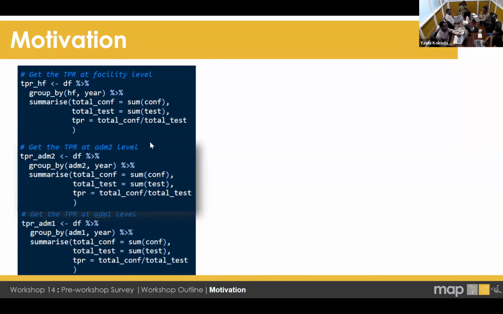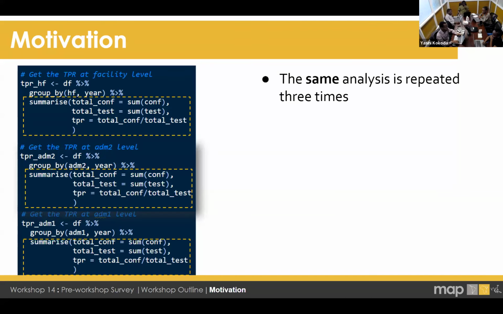So for example here, can you identify which parts of the code are remaining the same or which ones are changing? The block of code which is varying, and the one which is staying the same.